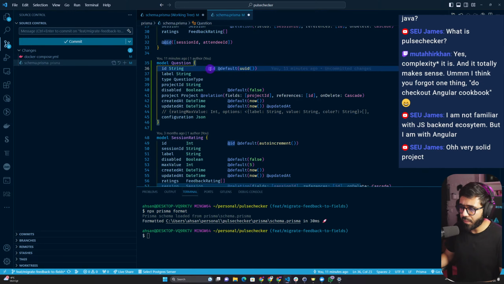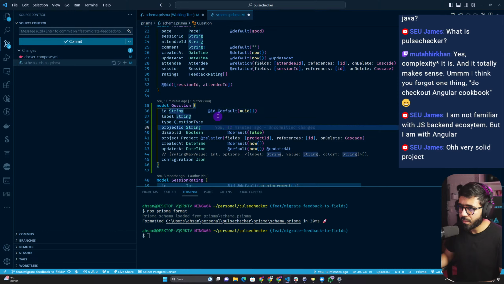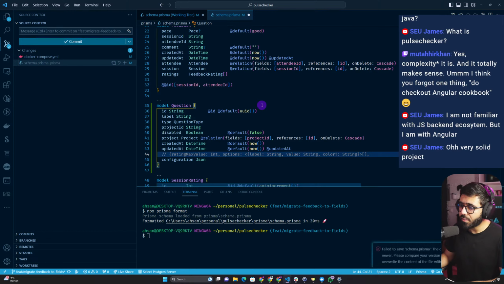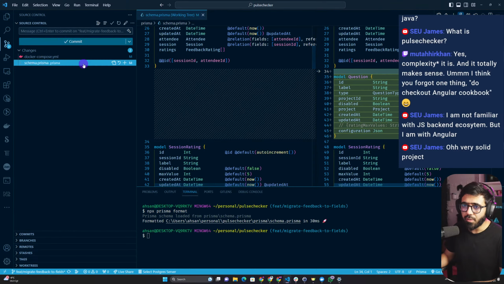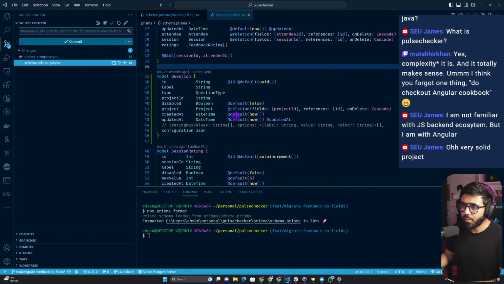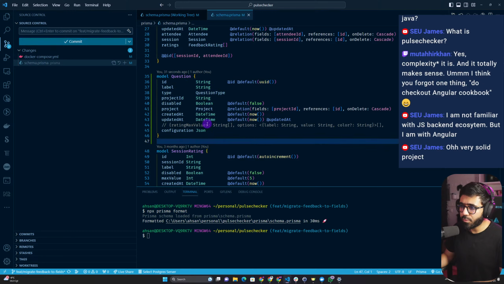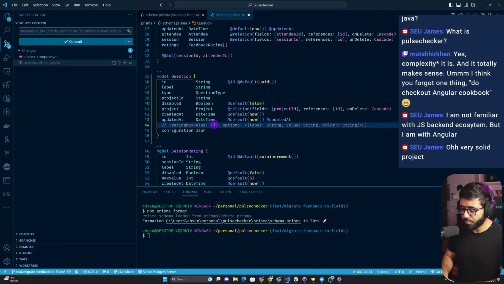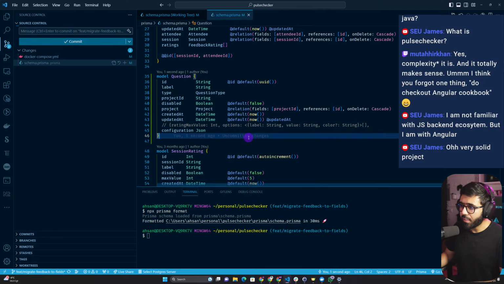This looks sort of nice, but not really. PulseChecker Prisma Schema Prisma. Has it formatted it? It doesn't look like it has formatted it, to be honest. Oh, it has done it, but it actually changed it. So okay, I'm actually gonna say don't save. Okay, now it has formatted it. So this was not value. It was supposed to be an int, and this looks nice. Okay, so then I can look into